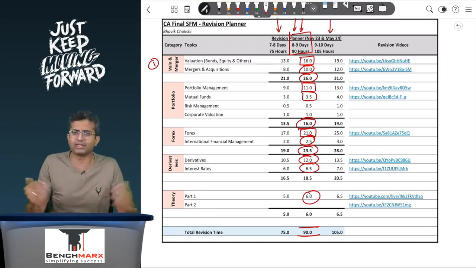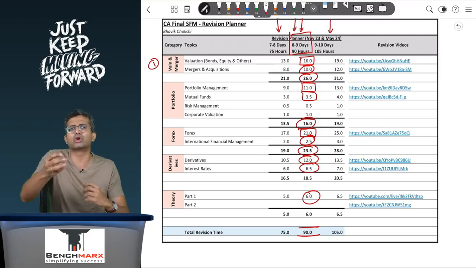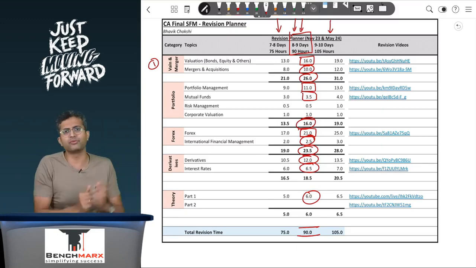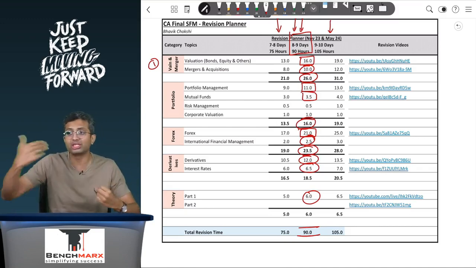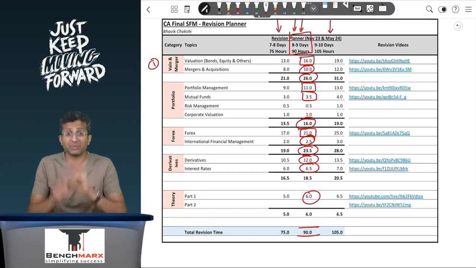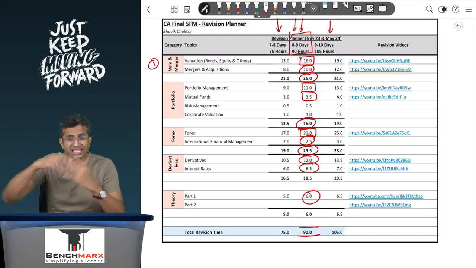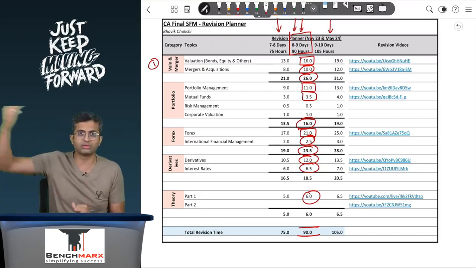And no matter where you have done your SFM, there will be a lot of very basic concept builder category questions, which are typically there at the start or at the beginning of explaining those concepts. Now, this is not something that you should invest your time in the day before your exam. Now, you might say, okay, it's a very small problem. It may be small, but if there are 500 problems in your book, even if you invest 2 minutes in a problem, and that's very less, the day before your exam,